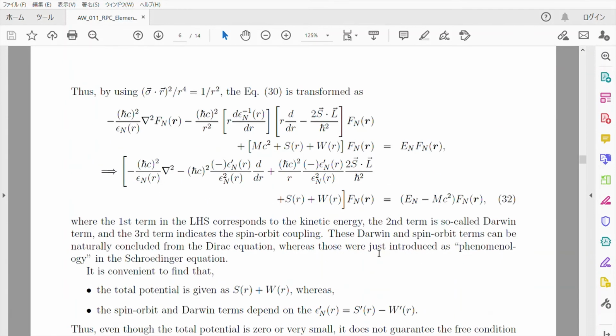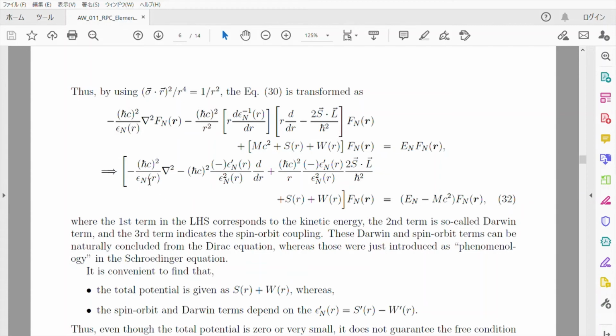By using this technique, the last equation is transformed into, again, a somewhat complicated form, but it's almost done for today's goal in this talk. That is, the final form of the equation for Fn reads as this equation 32, which includes, first,